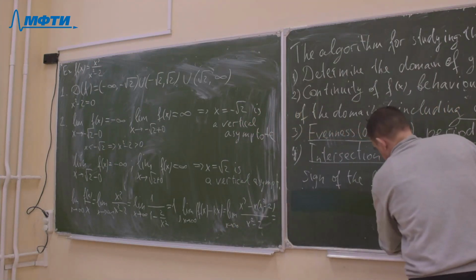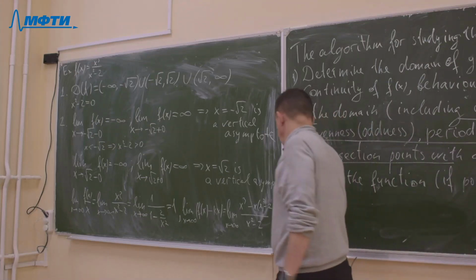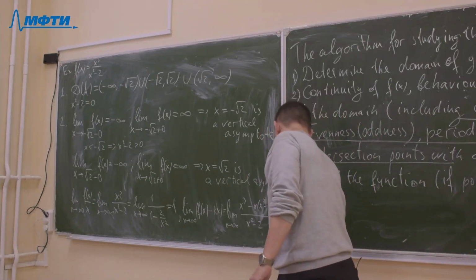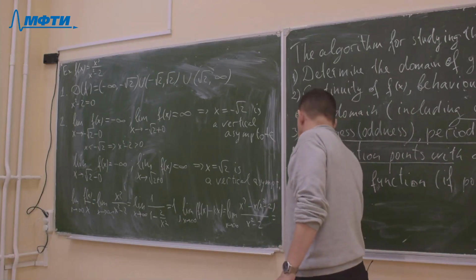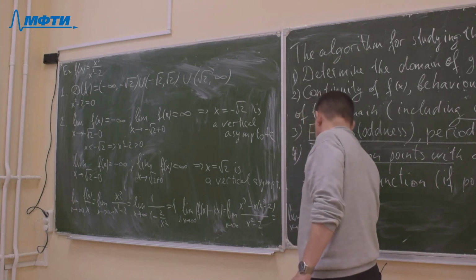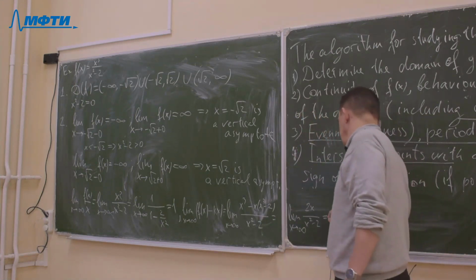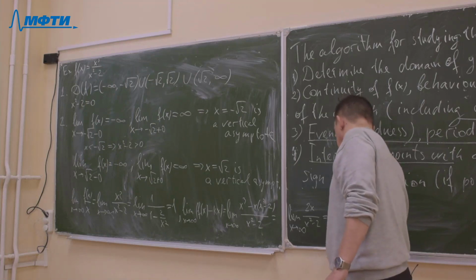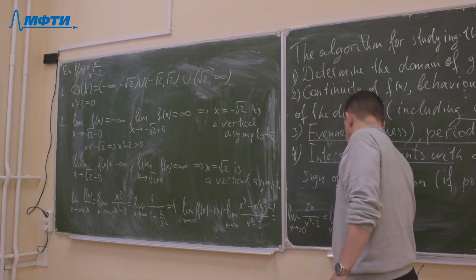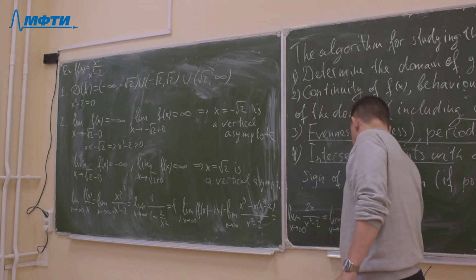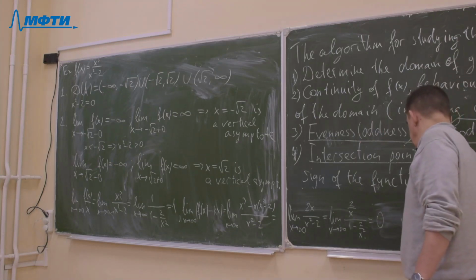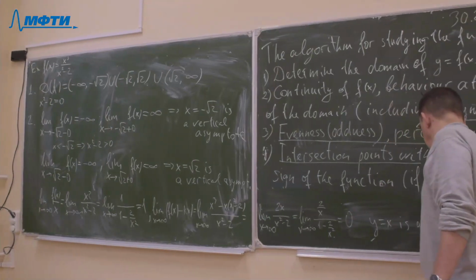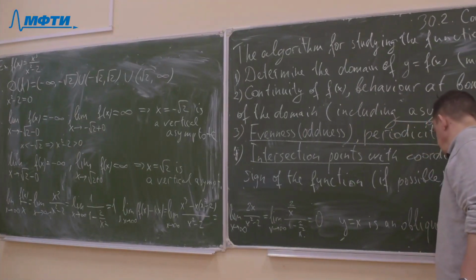We can compute, that is the limit as x tends to infinity of 2x over x squared minus 2. The largest power is second, so 2 over x over 1 minus 2 over x squared, and we obtain 0. So it means that y equals x is an oblique asymptote